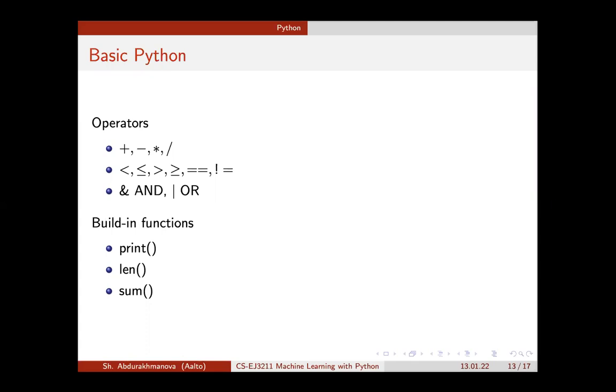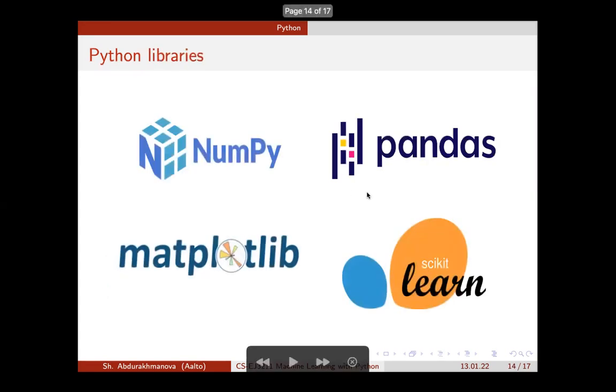In addition to those basic Python features, in this course we will need to learn how to use certain Python libraries. A library is basically a collection of functions and tools designed specifically to handle a certain problem.